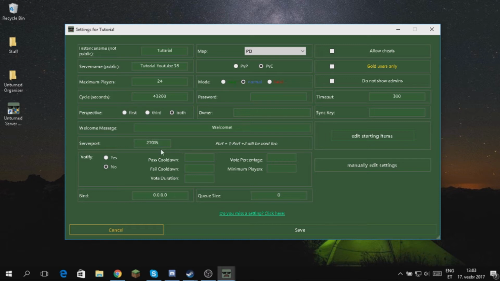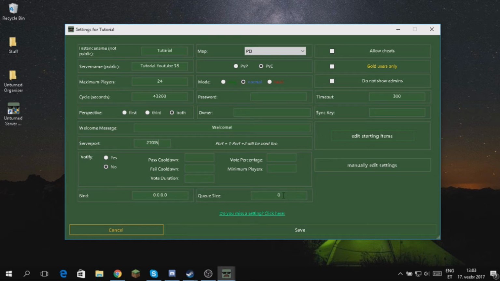I don't know much about Unturned server ports, but I think there was some other port too you can put, but I'm not gonna change it. I'm not really gonna change these things.